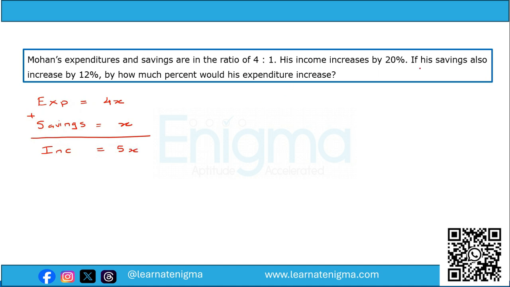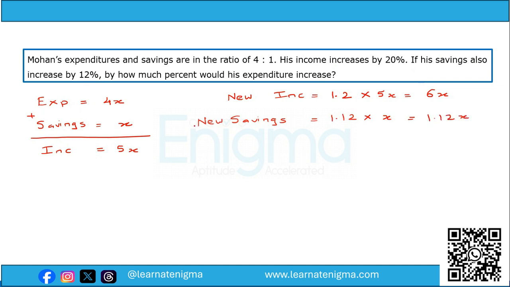Now, his income increases by 20%. So, the new income becomes 1.2 multiplied by 5x, that is 6x. If his savings also increase by 12%, now his savings were x, so the new savings will be 1.12 multiplied by x, that is